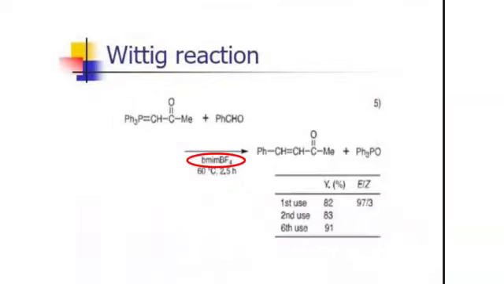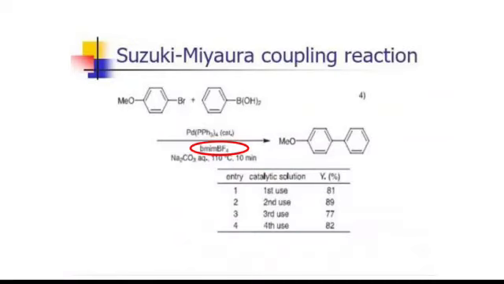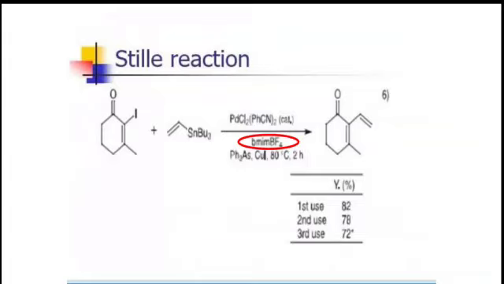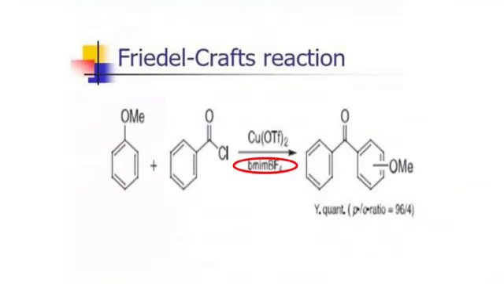The next reaction is the Wittig reaction. This reaction was also discussed in our second semester organic chemistry. It is a reaction of aldehydes or ketones with a triphenyl phosphonium ylide to give an alkene and triphenylphosphine oxide. The next coupling reaction is the Suzuki-Miyaura coupling reaction, a coupling of organoboranes and organohalides in the presence of a palladium catalyst. The next is the Stille coupling reaction, between an organotin reagent and organohalides. Another set of organic syntheses discussed here are Friedel-Crafts reaction, hydrogenation and fluorination.